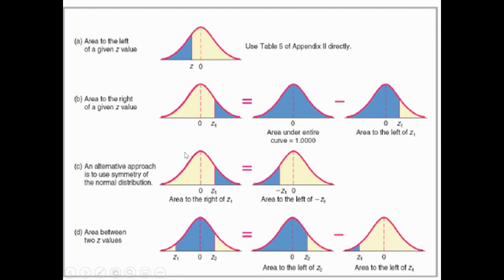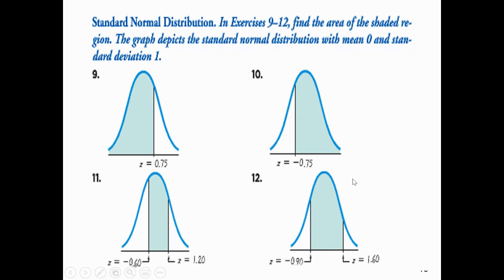Here's a chart talking about different ways of finding areas, and you'll see here the symmetry. This area and this area are one and the same. The z-scores, one's negative, one's positive, but the areas will be exactly the same. Here's how you do the one in between, where you find the area from here all the way back, then find that area and do the subtraction. All right, so two problems here. This is the area to the left, this is the area to the right, and I'm only going to do number 11